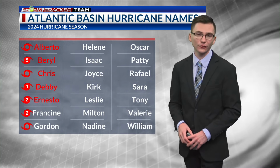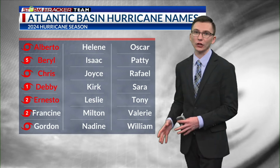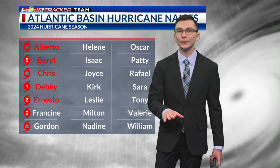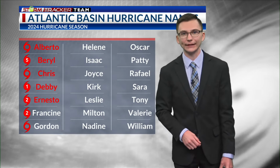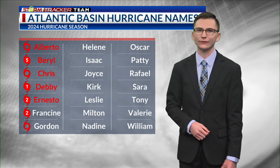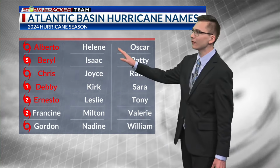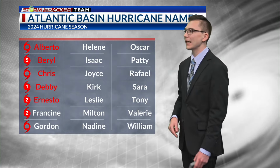And we are slowly but surely making our way through Atlantic hurricane season. We've seen, of course, Francine now make landfall here in Louisiana, and we actually had Tropical Storm Gordon in the Atlantic. We still have its remnants spinning about in the Atlantic with a low chance for some redevelopment over the open waters. Next name, however, would be Helene, followed by Isaac and then Joyce as we work our